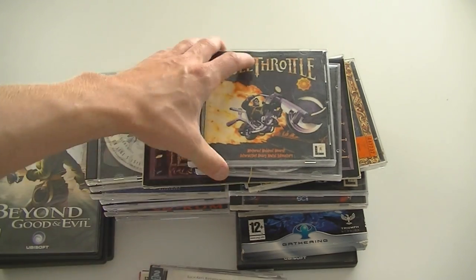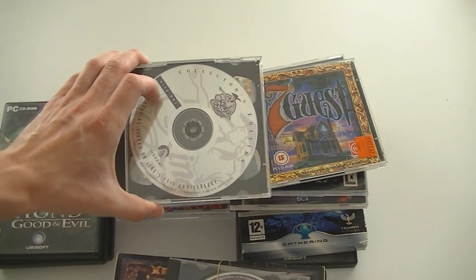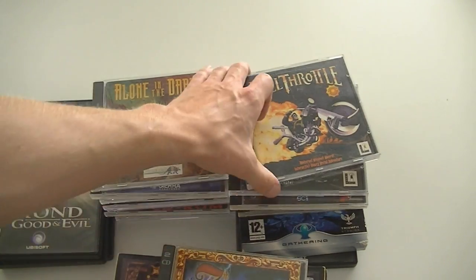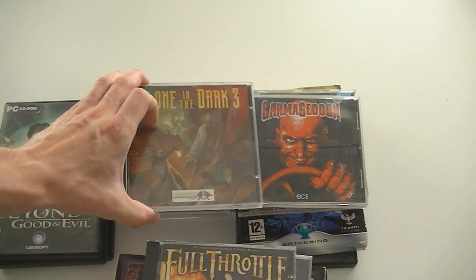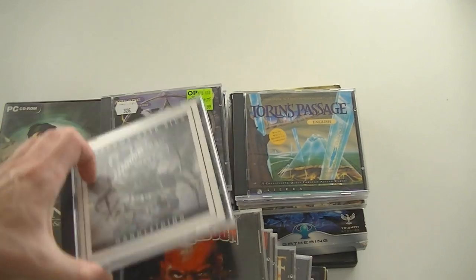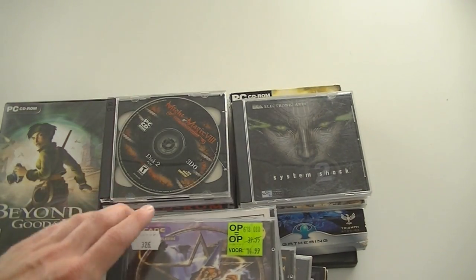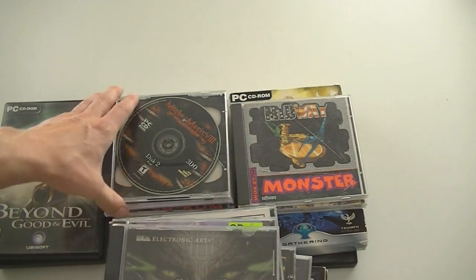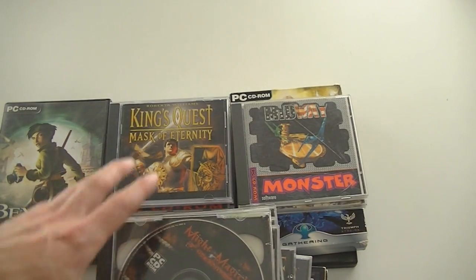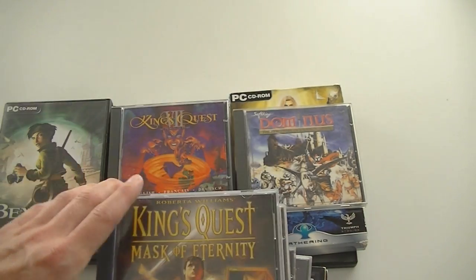Indiana Jones Infernal Machine, Full Throttle, Gabriel Knight Sins of the Fathers with manuals, King's Quest Collection, Seventh Guest, another Full Throttle, Alone in the Dark 3, Space Quest 4, Carmageddon, Shadows over Riva, Torrance Passage, Trial by Magic, System Shock 2, Might and Magic Part 8, Day of the Destroyer, Monster, King's Quest Mask of Eternity,